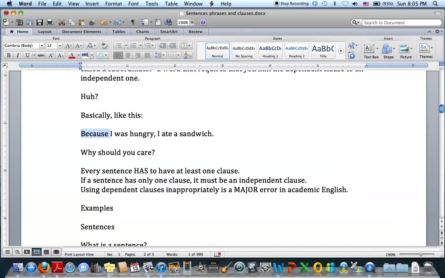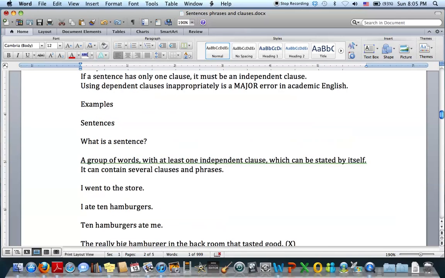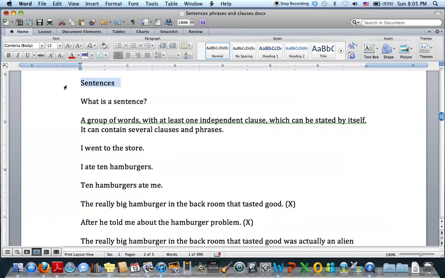Let's take a look down next at what we're coming to. The important part, which is this, sentences. You might be asking yourself, why not just start with sentences? I know what a sentence is. Let's start with that, then we can talk about the grammar stuff, phrases, clauses. Well, actually, you don't really know what a sentence is until you know what phrases and clauses are. Because sometimes a sentence and a clause are the same thing. A sentence and a phrase are never the same thing.